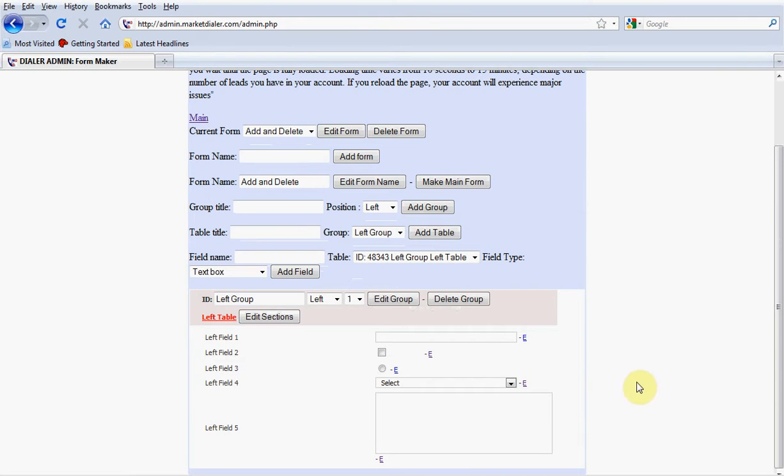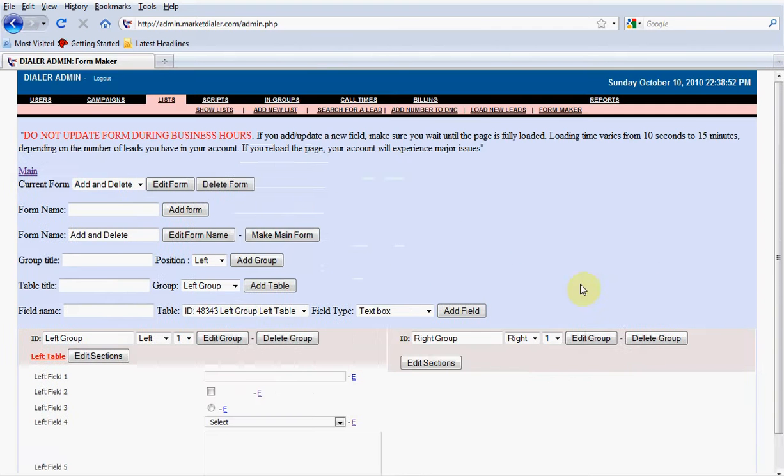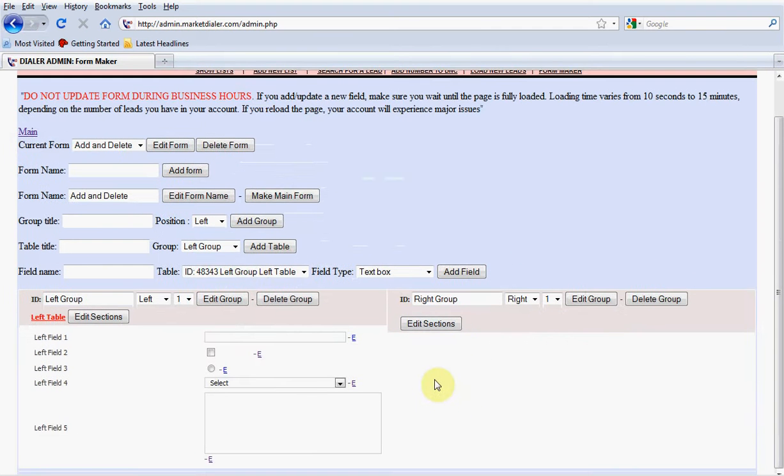So let's go on and add another field. We're going to add, or excuse me, another group, and we're going to call this the right group. Remember, we can put it on either the right hand side or the left hand side. So we're going to go ahead and do that, and we're going to make a right group. And of course, we want to put it on the right hand side because we want to be able to have the agent portal laid out nicely for them. So we're going to add that group, and as you see now, we've added the group, and you see how the screen has changed. So we've added that group title, which is the right group title,